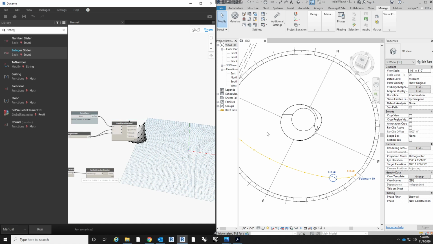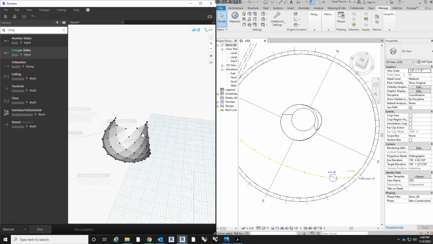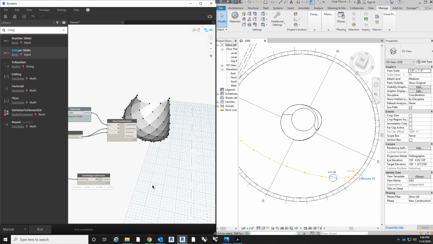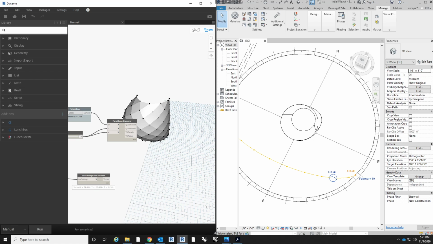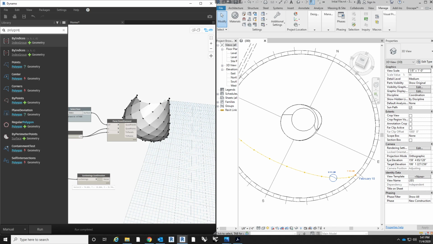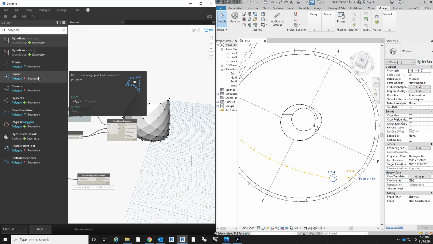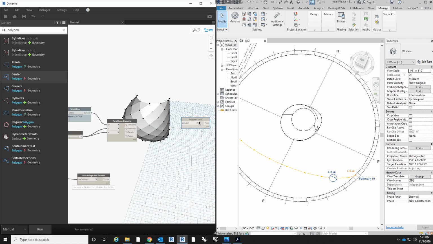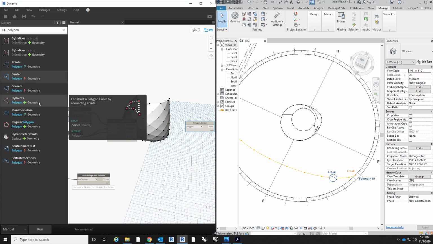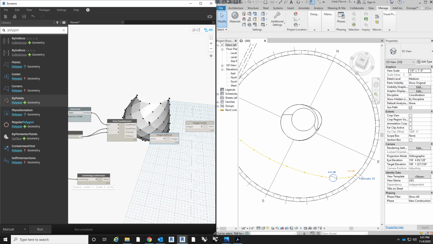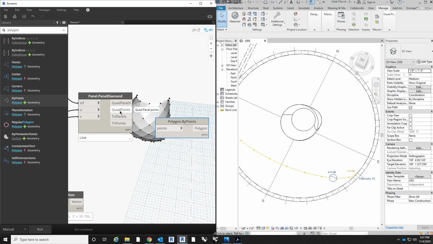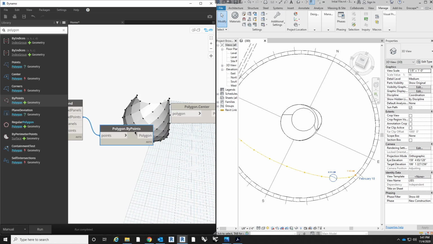So to get the center point of these panels, it's a little bit convoluted. Dynamo isn't necessarily the most straightforward or easiest software to do this through, but we need to create a polygon, essentially creating a plane that we can get the center point of. And polygons are generally one of the only elements within Dynamo that you can get the center point of. So if you hit the center and then hit by points, we're essentially going to take the points that are created, these points on the panels that are generated from this output right here. If we use that, that will create a polygon,